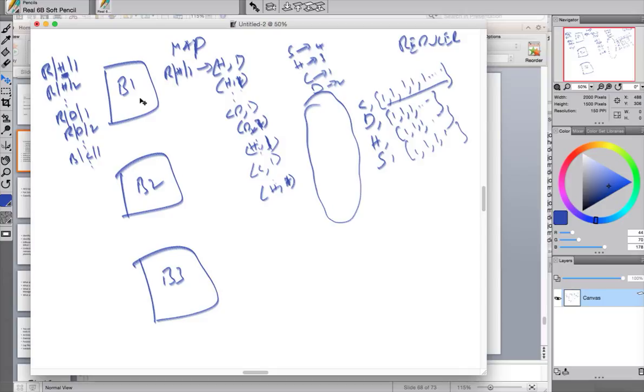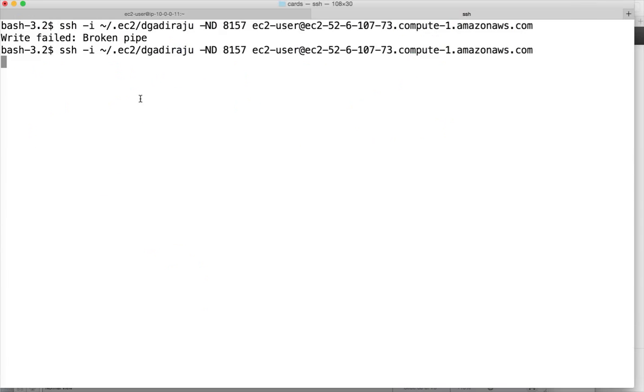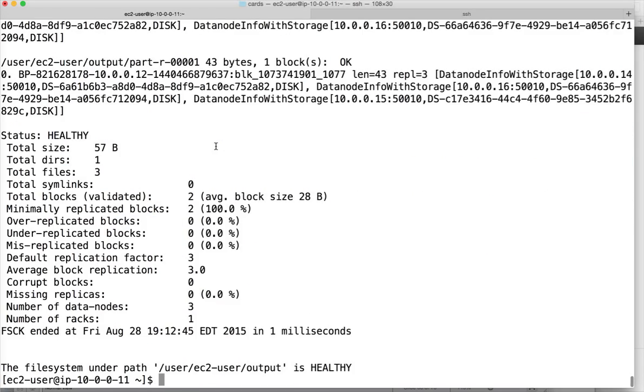Okay, but in our case we are processing largedeck.txt, which is greater than block size 128 MB. Our file size is 350 MB. So now let us see how we can actually tweak the split size. For that, again, to change the parameters at runtime before submitting the command, there are two ways to do that. One is by using the hadoop jar command,